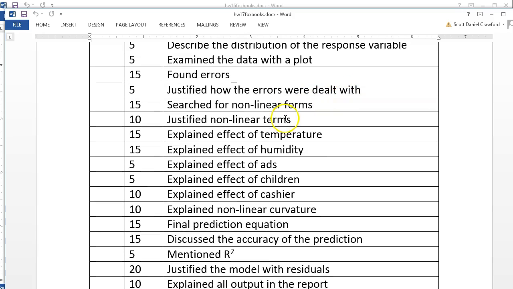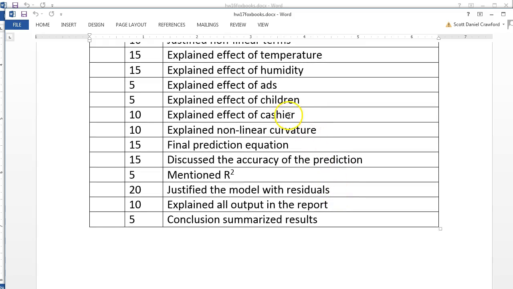And then go through and explain, why did you put in some nonlinear effects? You should be able to explain each of these. Even if something doesn't end up in your model, you should mention it, because the customer deserves to know that you looked at it and decided that it was best not to have it in the model. And explain the nonlinear curvature, which isn't easy, justify the model, which is residuals, of course,